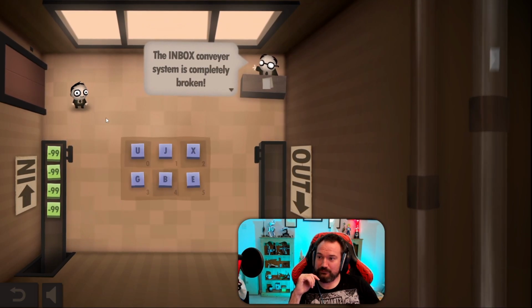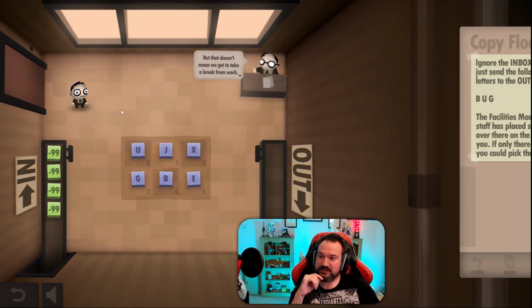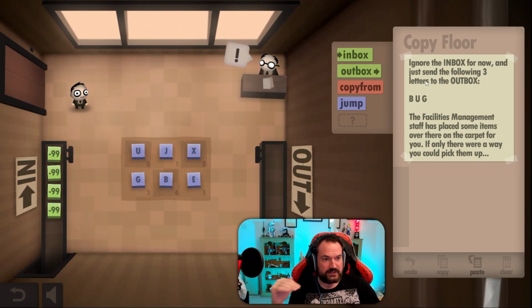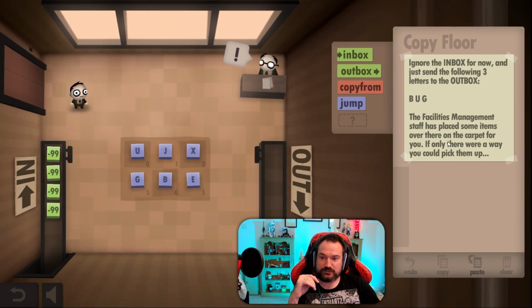Oh no, the inbox conveyor system is completely broken. But that doesn't mean we get to take a break from work. So ignore the inbox for now, and just send the following 3 letters to the outbox, B-U-G. The facilities management staff has placed some items over there on the carpet for you, if only there are ways